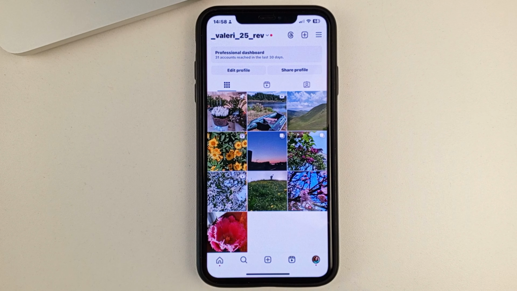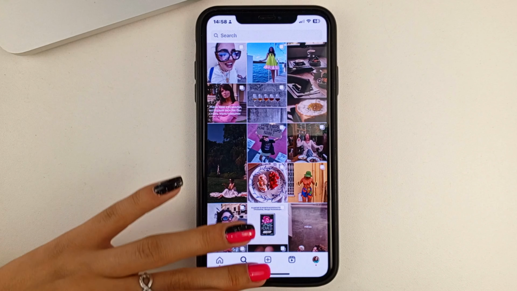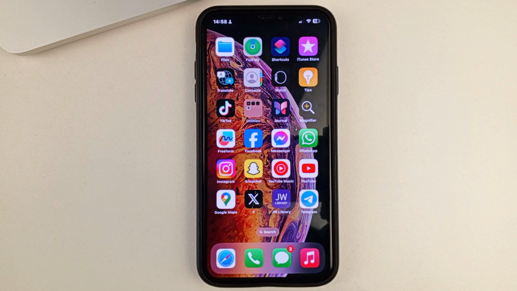For example, if you decide to change your image, change the look of your Instagram page, you can move all of your publications, all of your reels to the archive to see how it looks, if you like it. If not, then you can bring your old publications back. This is the way, friends, you can hide your Instagram publications very easily without deleting them.